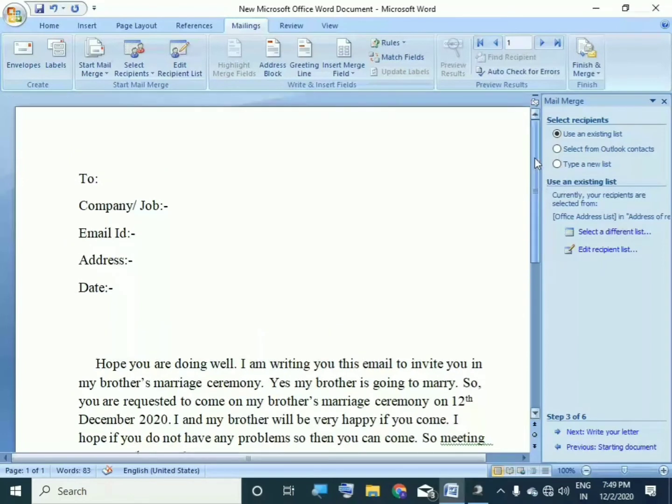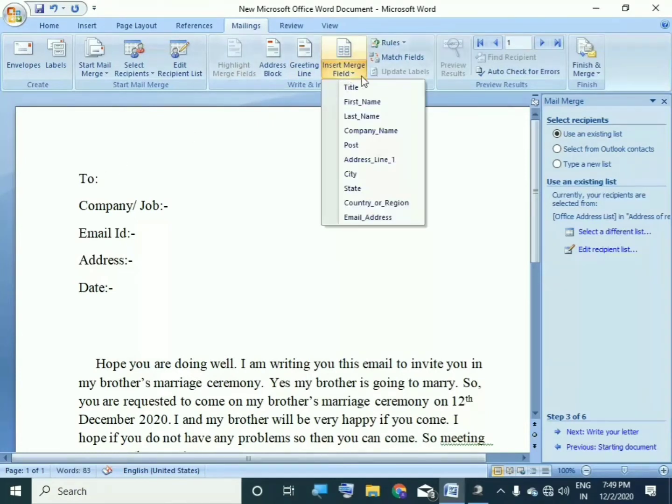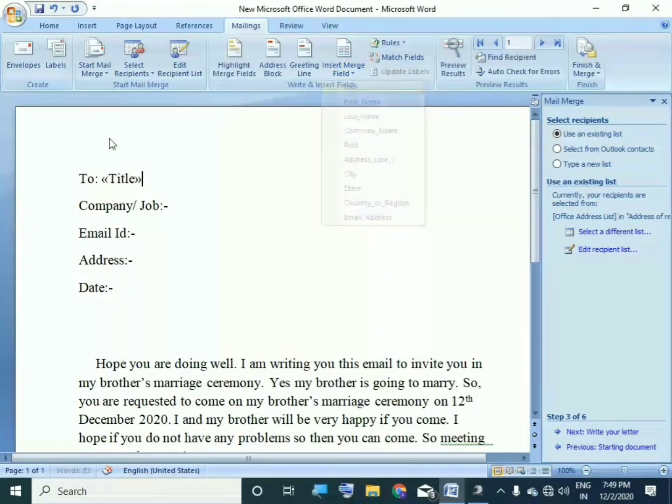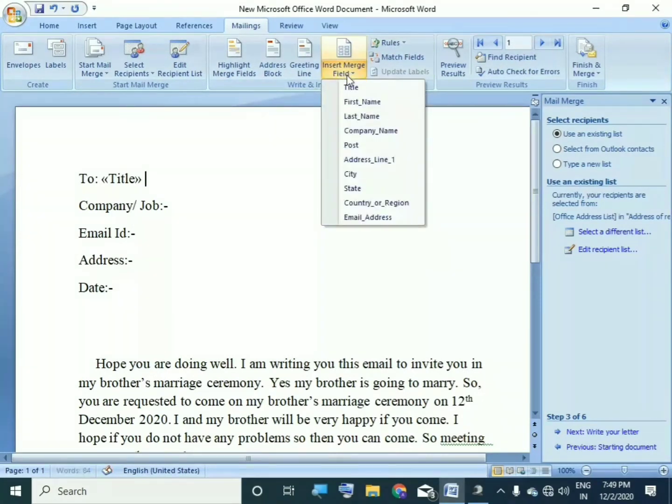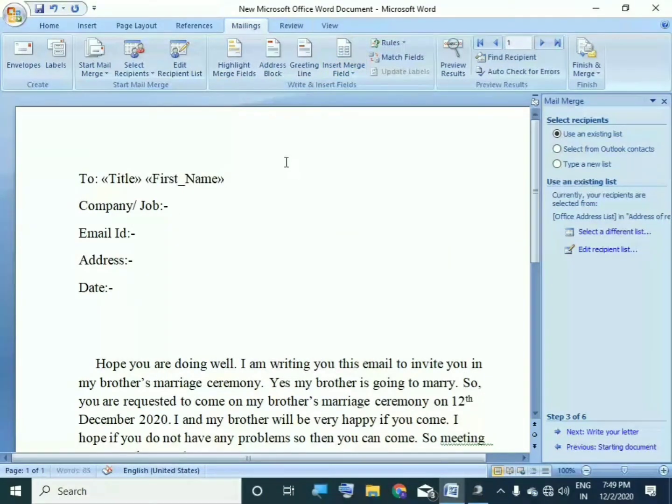So now what we have to do is, here is insert merge field. So in the place of this we will say at first title, then space, then first name, space, last name.